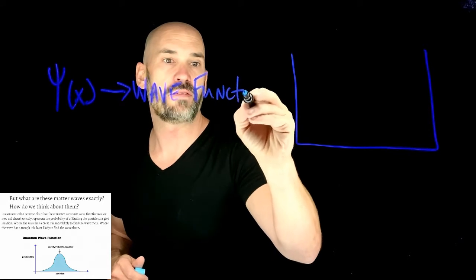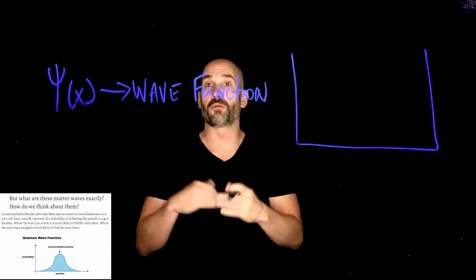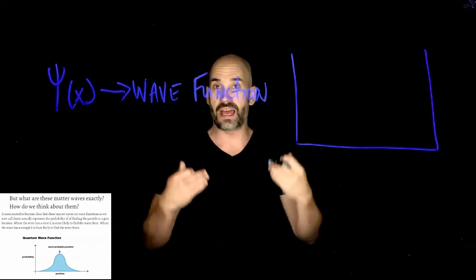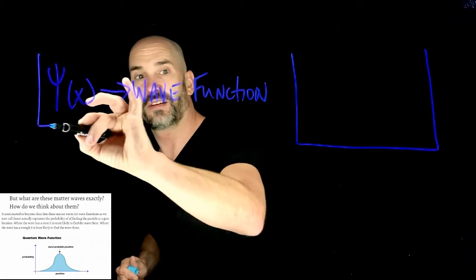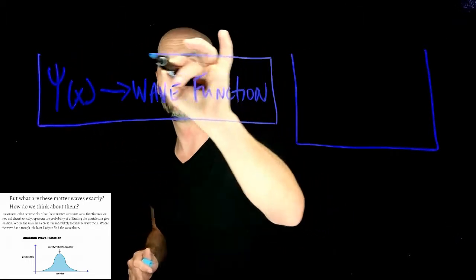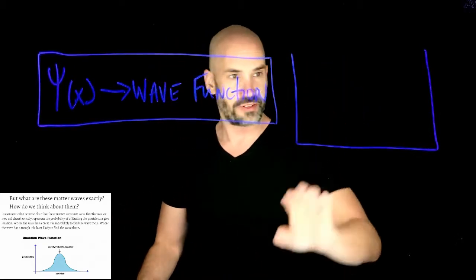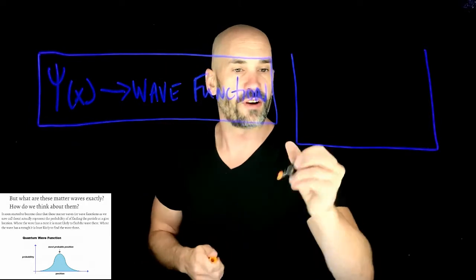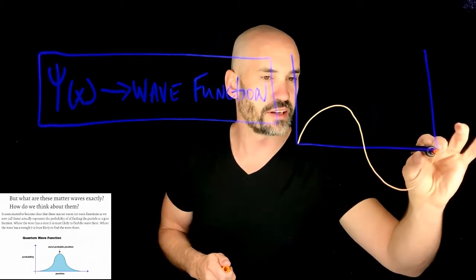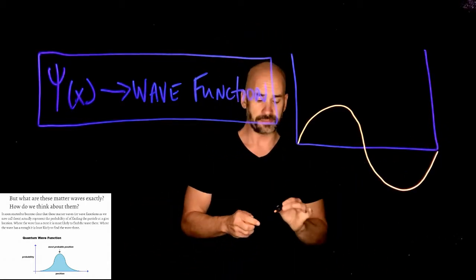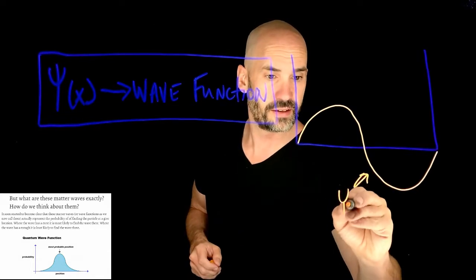Every particle has a wave function, and systems of particles have a wave function. You have a wave function. I have a wave function. Quantum mechanically speaking, this is a property of all matter. They have waves. And let's say that inside this box there's an electron, and the wave function looks something like this. Let's take a classic sine wave. So this here is the psi of x